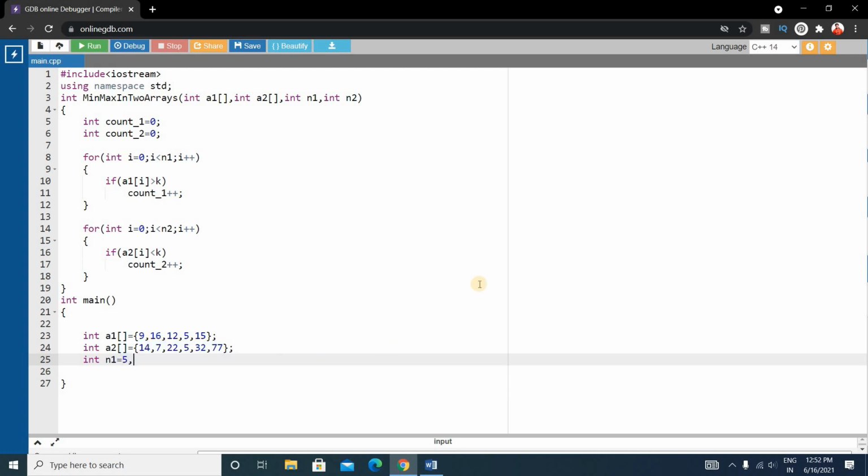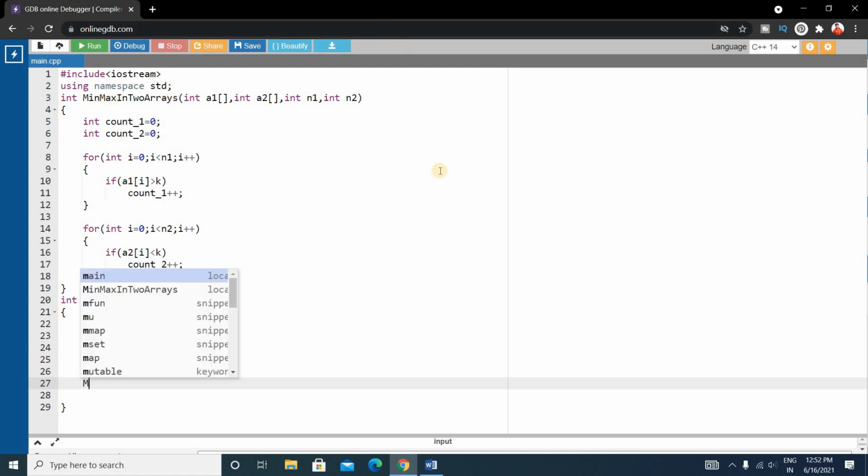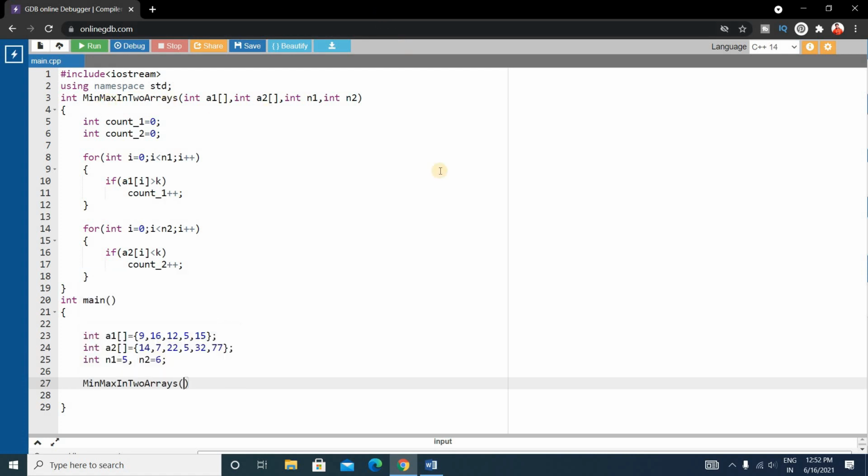So n1 is 5 and n2 is 6. Now write here the function min max in 2 arrays, and inside it pass array 1, array 2, and the sizes n1 and n2.